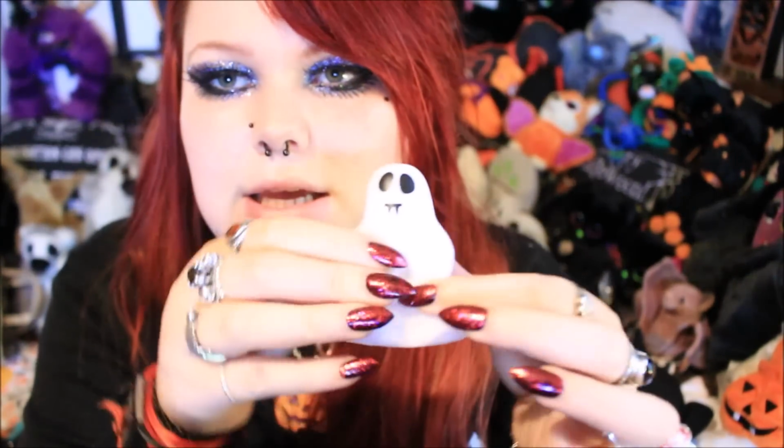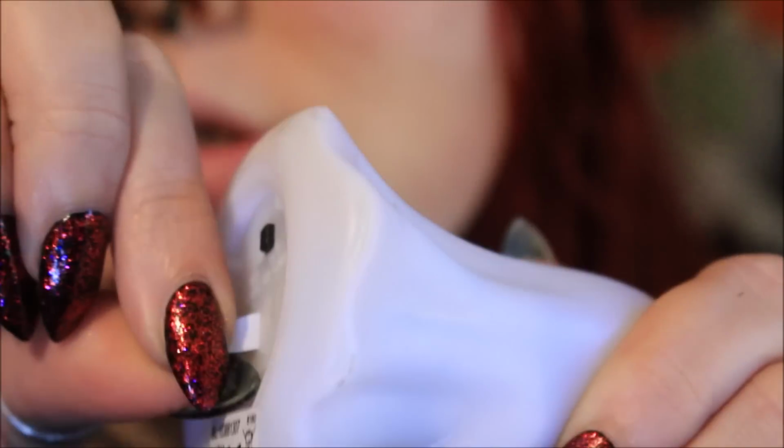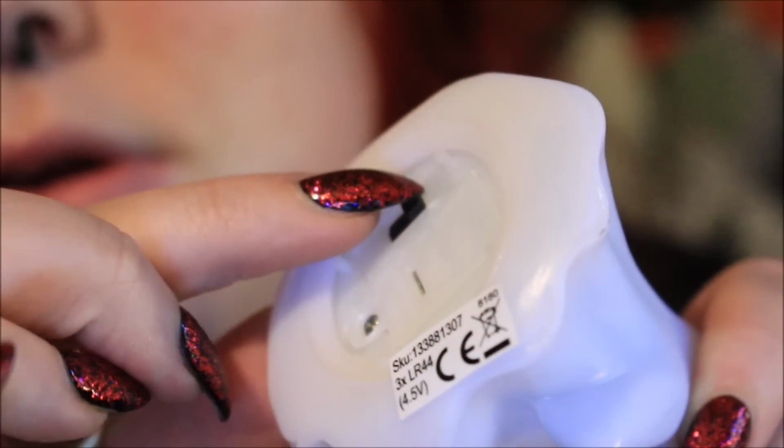So let's go first impression. He feels very thick plastic. He's not really squishy at all. He's like a very solid ghost. On the bottom there is a little white paper tab, which is usually just to kind of activate the batteries. So if we pull that out and then switch it on,